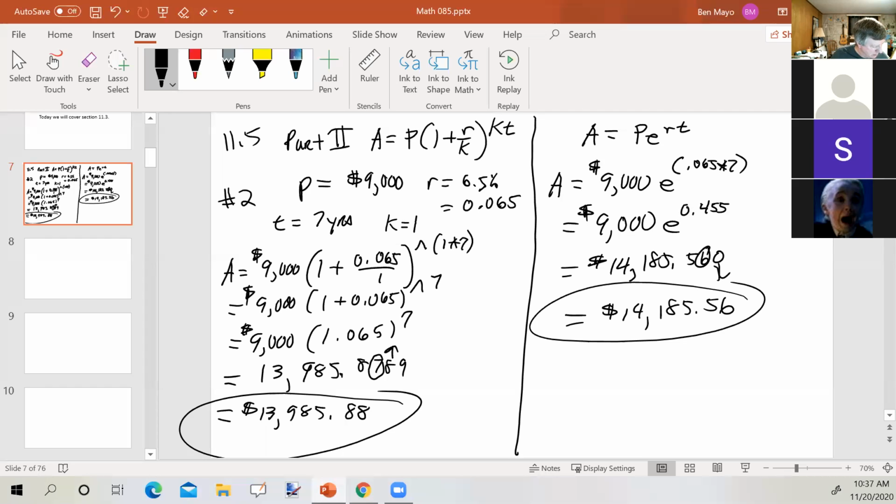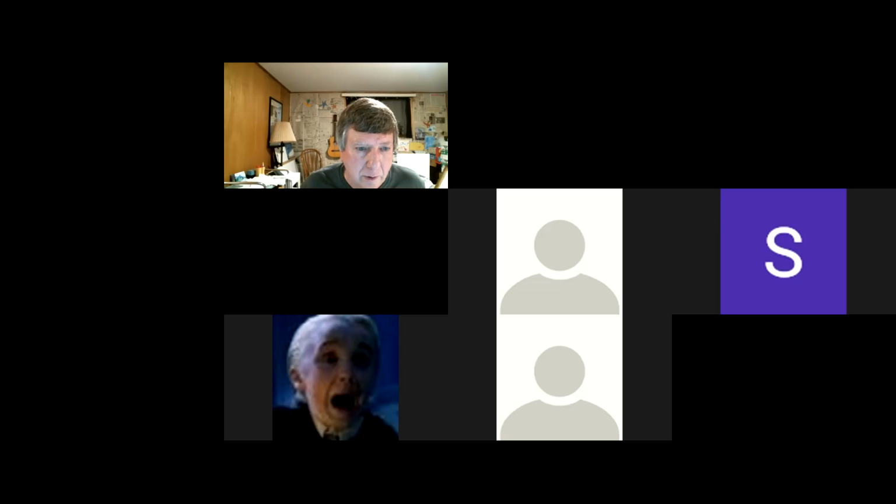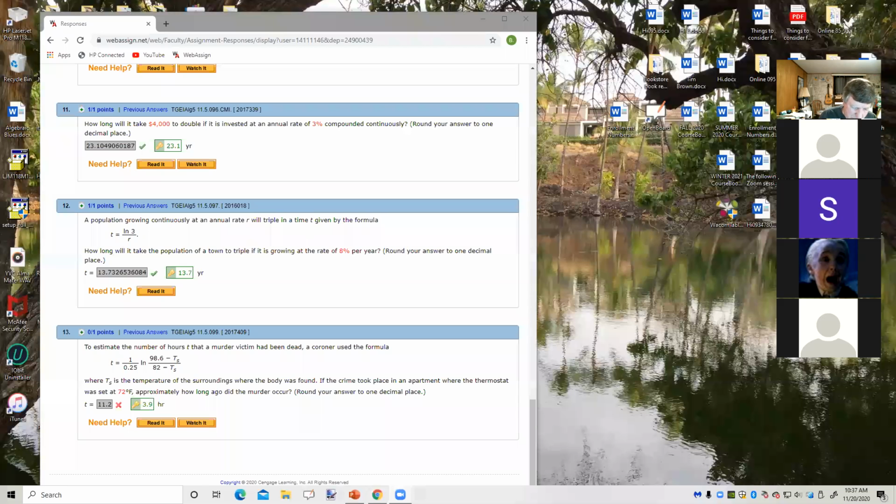Okay, let's see here. Number 13. So let's take a look here. It says to estimate the number of hours t that a murder victim has been dead, a coroner uses the formula